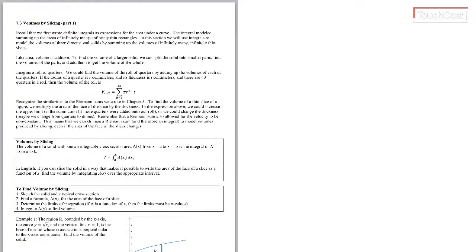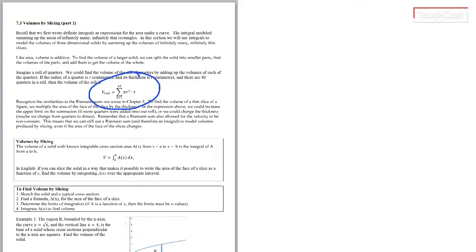As long as I can write an expression in this form, a Riemann sum, so it is summing up a sigma of an area of a face times a thickness, even if the actual area of each face is different, as long as I can write an expression like this, I can use a Riemann sum, and therefore a definite integral, to model the